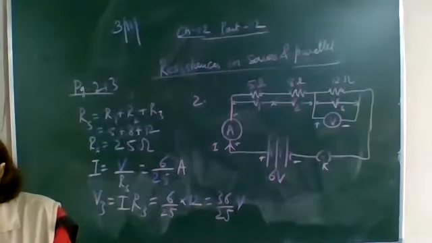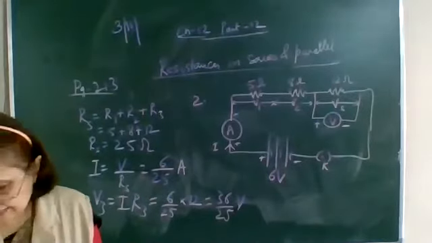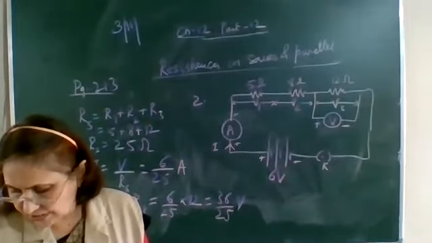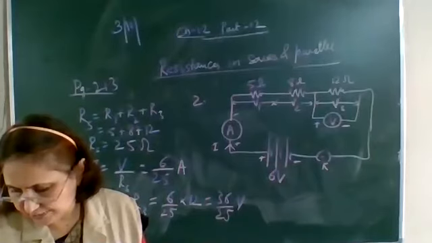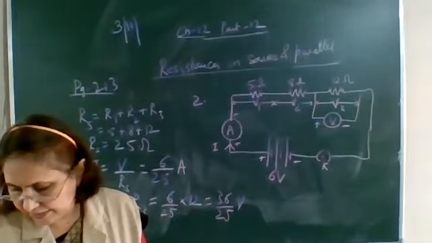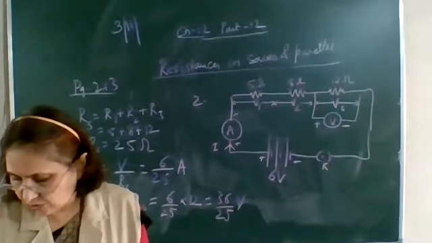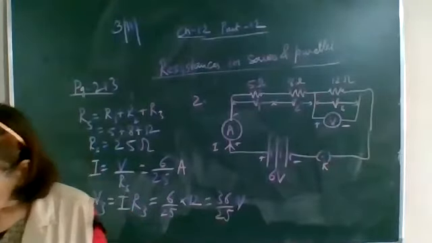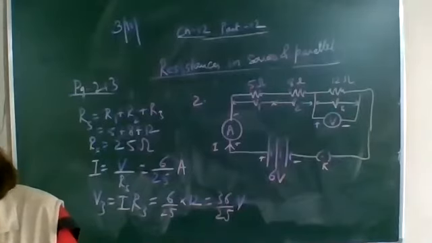Page 214, there is one solved example, 12.8. In the circuit given in figure 12.10, suppose the resistors R1, R2, R3 have the values 5, 10 and 30 ohms respectively, which have been connected to a battery of 12 volts. You have to calculate the current through each resistor and the total current in the circuit and the total resistance. In figure 12.10, all three resistors are connected in parallel.